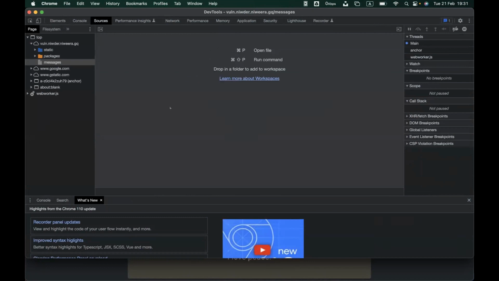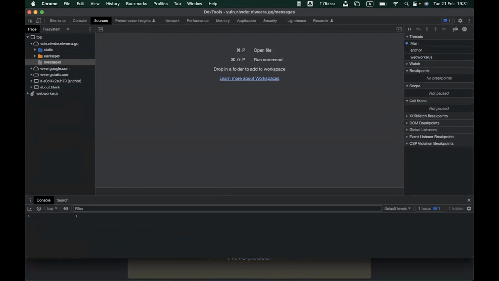You don't have to worry if you are new to these things. I think Ishuru will show you how we are going to use this network tab and things like that to find vulnerabilities.